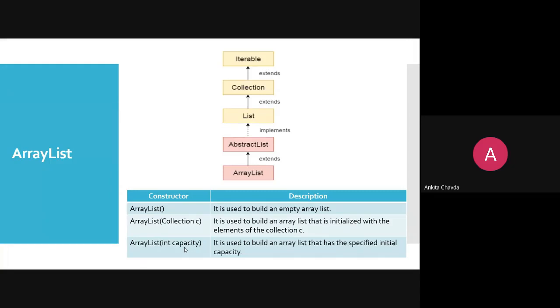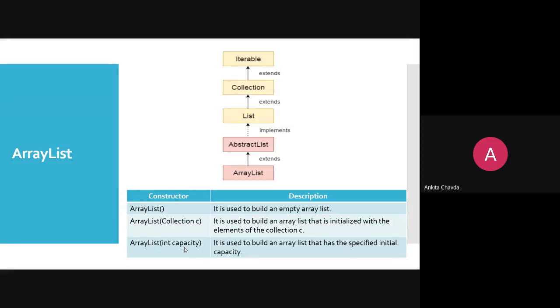So you can speed up your performance here, because ArrayList uses a dynamic array by default, right? Dynamic array means whenever it is needed, it will be created. So if you know that you want a minimum of 100 elements in your ArrayList, you can specify the capacity in advance. It will not create one element at a time. It will create 100 at a time, and you can simply add to it.